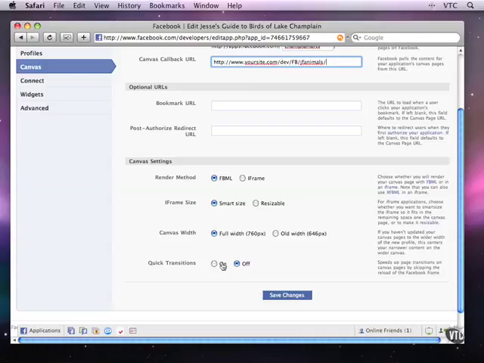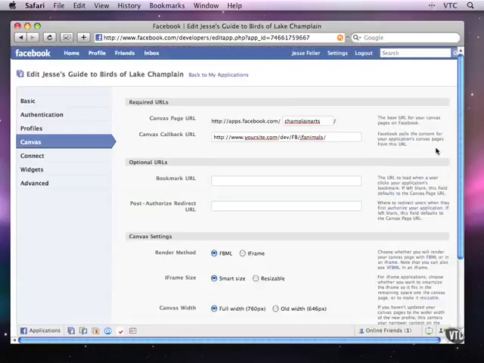And you can use quick transitions, which are a relatively recent addition to Facebook and are worth experimenting with because, as it says over here, you will skip the reload of the Facebook frame. It's going to be faster. So although the default setting here is off at the moment, my advice to you is turn it on unless you have a problem. And those are the settings that you must set in order to get the basic authentication,